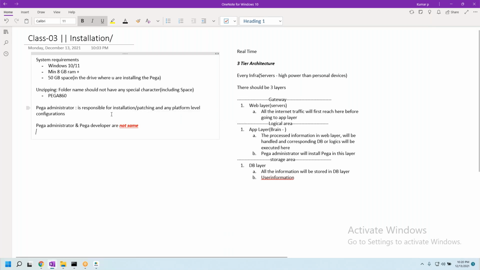Pega administrator is meant to handle the infra or the installation. We have to know this clear-cut difference, because normally when we go to interviews, they will ask, okay, what is your role? Did you do the installations, etc.? You just simply say, okay, boss, definitely I worked with someone who has done that. That is like the Pega administrator.